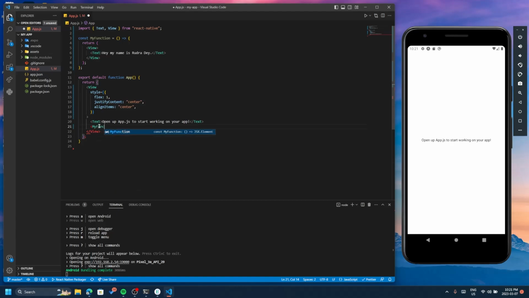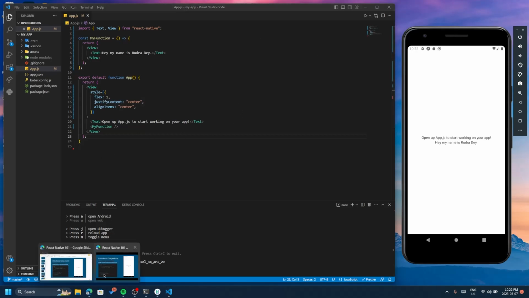We can actually call my function. And we also have to have a closing tag for it, or we can just make ourselves a closing tag right there, and we can save it. Now you can see, hey, my name is Ruger Day. It popped up. So that's completely fine, right? Now, the next part of this slide